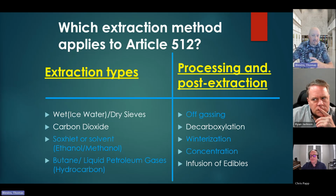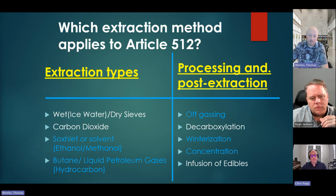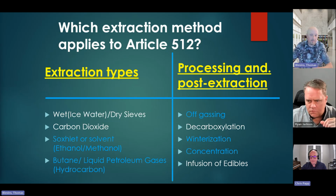This is where we get to, on the left side, if I'm using an ethanol extraction, but I'm using a winterization process, then both the extraction and the post-process fall under 512. However, if I'm using a carbon dioxide extraction and I'm using a concentration or winterization, now 512 applies to part of the process. And I think this is where not being familiar with